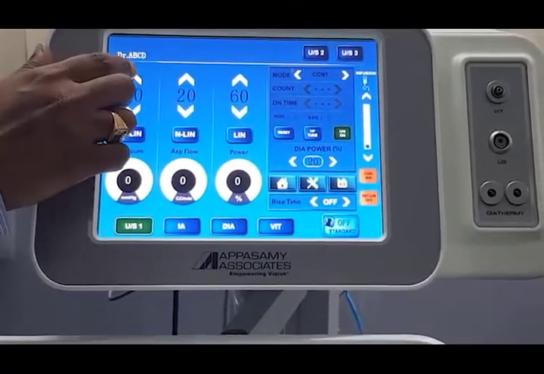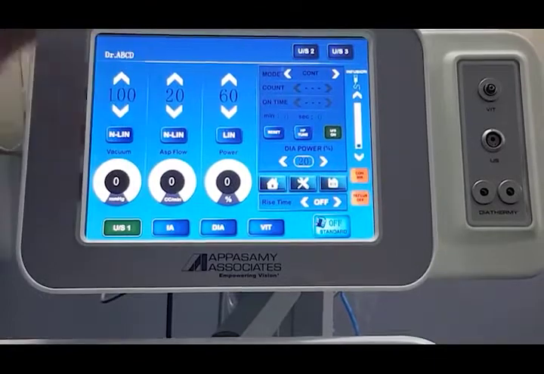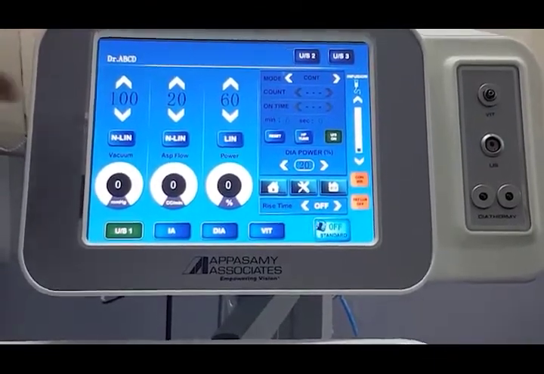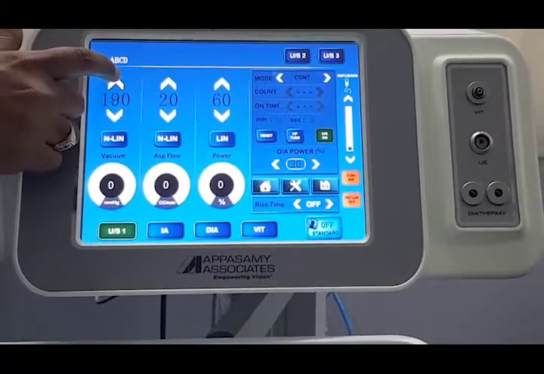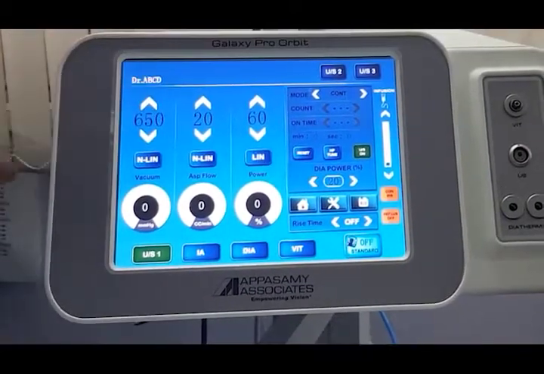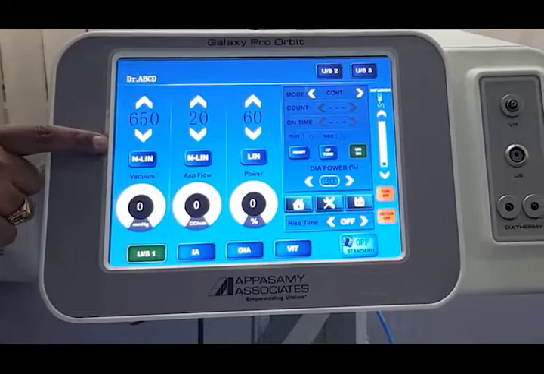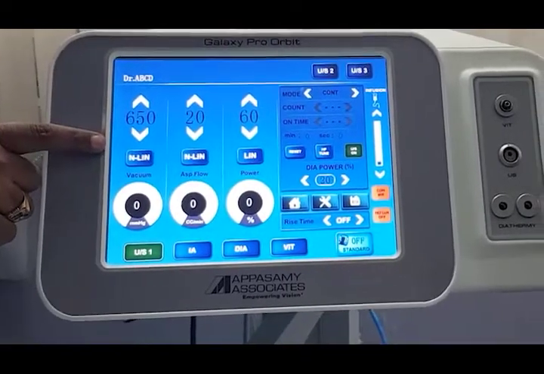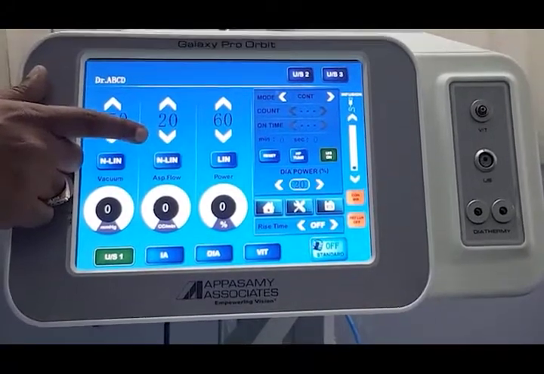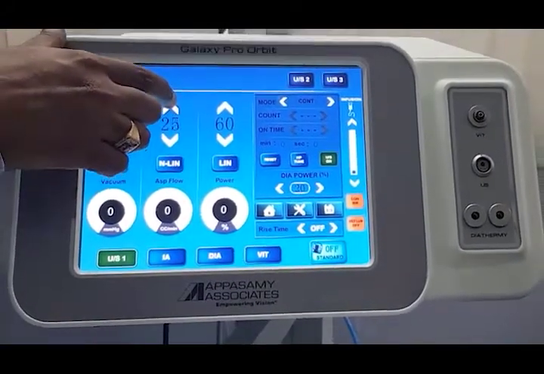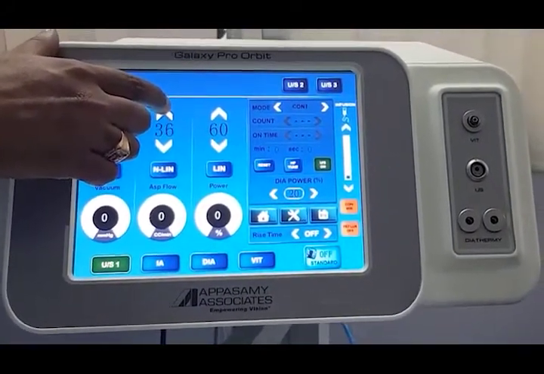This is the vacuum. Here in this Galaxy Pro Orbit machine, you will have the maximum vacuum of 650 mm of mercury. And then the next one is the flow rate. Here the maximum flow rate is 50 cc per minute.